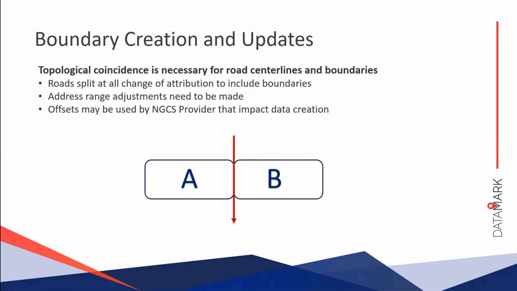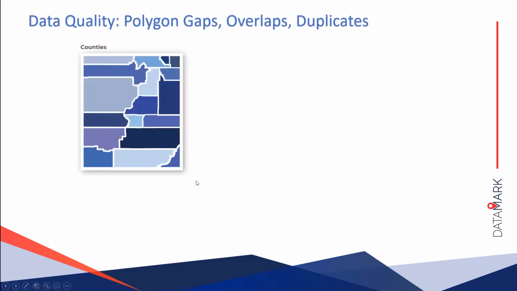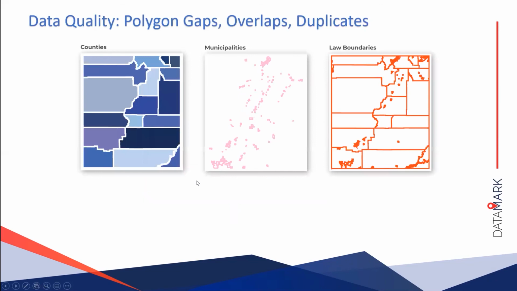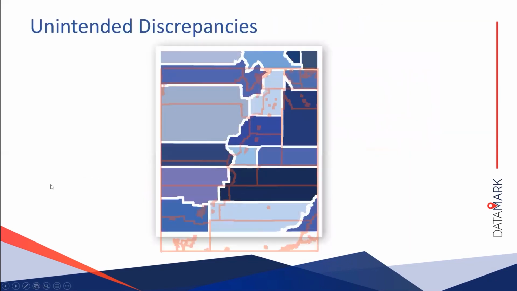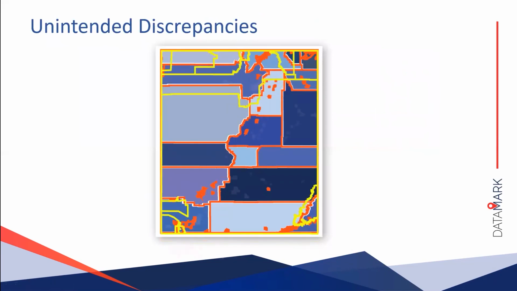And I don't have time to go into that today, but that's an interesting topic as well, those different kinds of offsets. Moving into the next slide, we can see that the different types of boundaries come together to create the layer cake, right? And so for the public safety people, they say, I'm looking at the map, they're looking at the layer cake